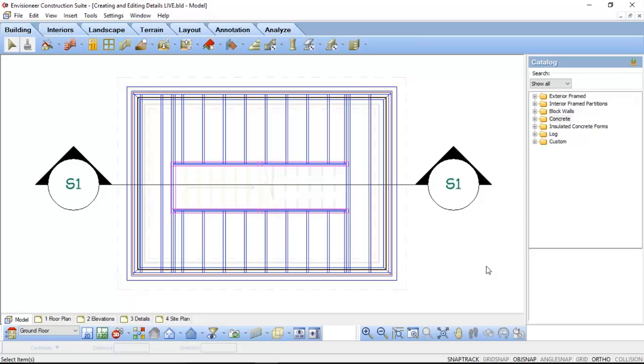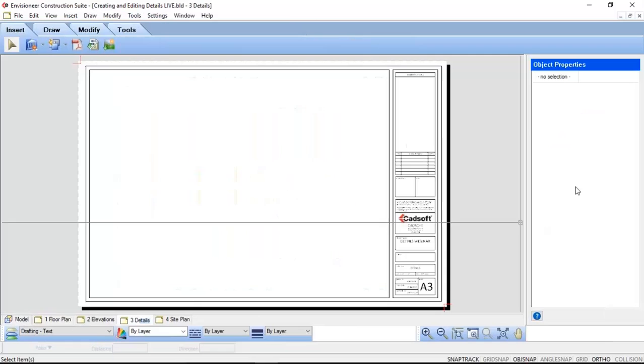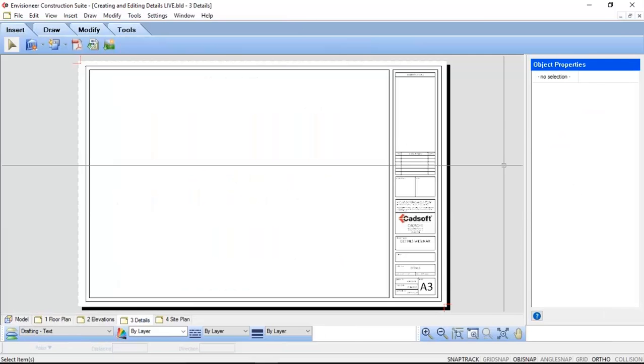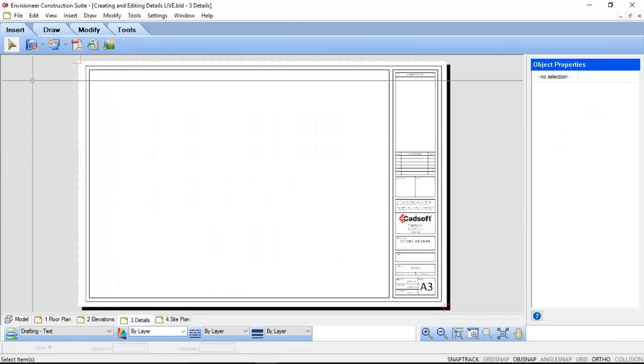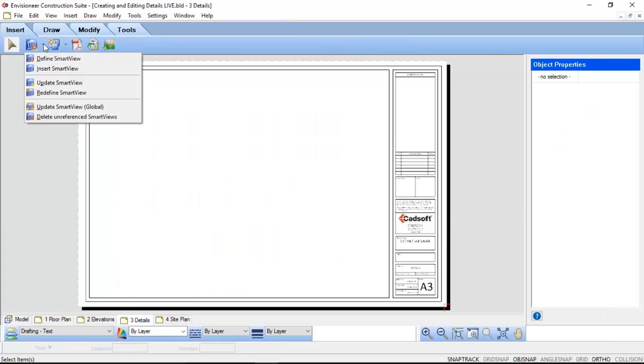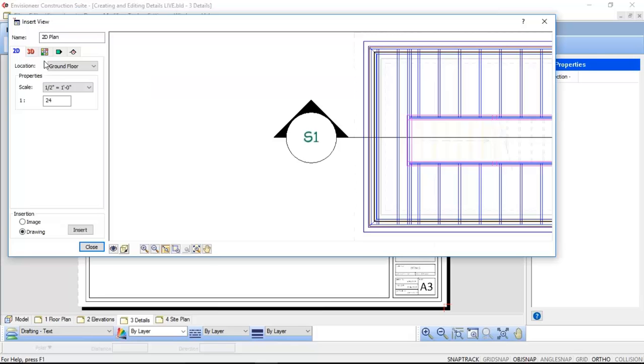So now we have a section. We need to insert it onto a worksheet. So I'm going to go to my details worksheet. And as we learned in last week's webinar on smart views, to insert a smart view, we are going to click on the Smart View button, choose Define Smart View, and we're going to complete this